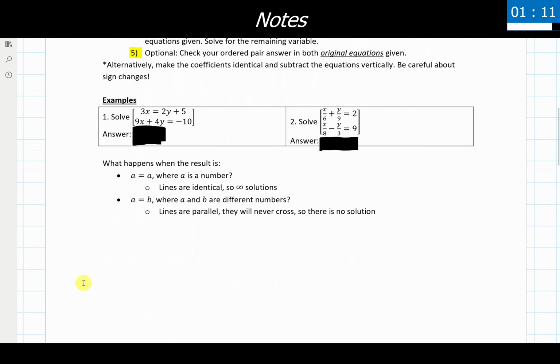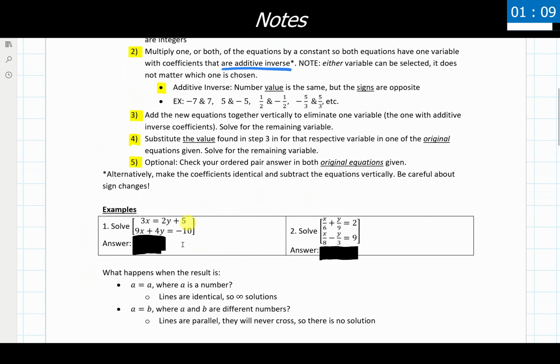I have two examples down here that we can and will be going through. I do also want to note that because we are working with systems of equations, all of our potential answers that we saw in the 5.1 and 5.2 material can show up here as well, meaning I can have infinite solutions showing up, and I can have parallel lines where I get just a number equals a completely different number showing up, which means I have no solution. That can show up in any system of equation problem, regardless of the process and method that we use.